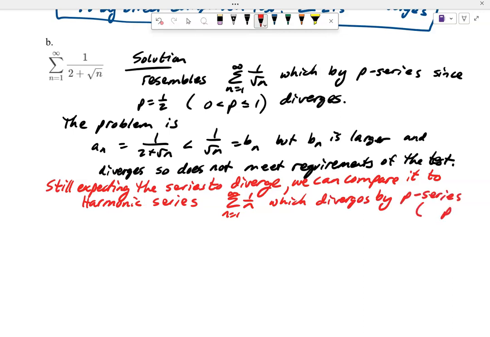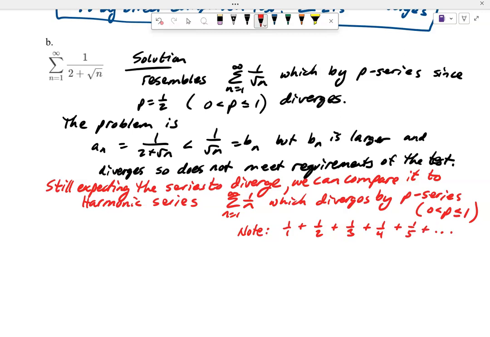You get P is 1 here. So it also diverges. So note, if you were writing this out, you'd have 1/1 plus 1/2 plus 1/3 plus 1/4 plus 1/5, and so on,